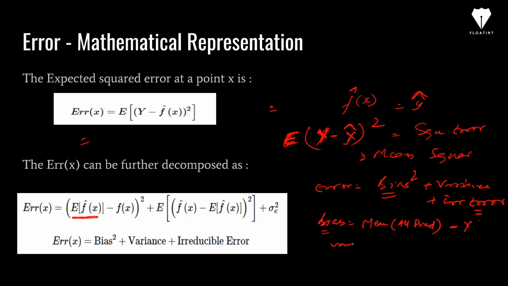And if I talk about variance, a similar thing will happen. I will take y hat, that is my predicted, minus the mean of all predicted values, and this will be my variance. Okay, square you have to do, big square you have to do here. And when we sum it out and write it as an error, we write it as bias square plus variance plus irreducible error, and this is how we do it, right? This is how the mathematical representation happens.